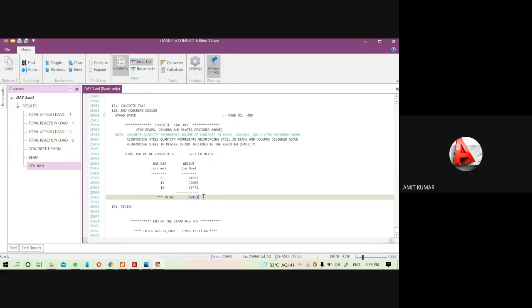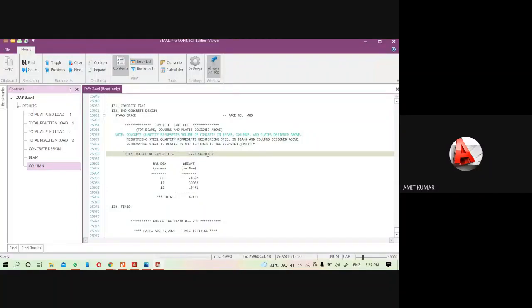So the software helps you calculate the cost, that means it is your quantity takeoff also. It will give you data for the steel only, like this. Or you can calculate the concrete value also, like here you are getting the total volume of the concrete, which is 77.7 cubic meter.